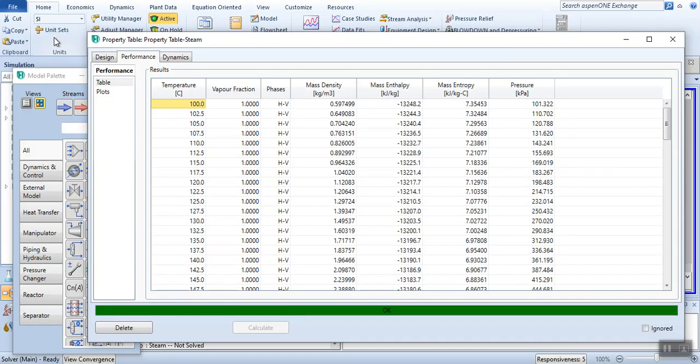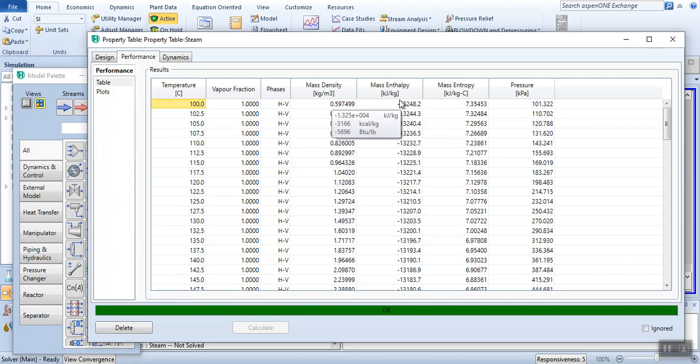Now, one last thing regarding this exercise: enthalpy is coming in negative. As you know, these values are calculated with respect to some reference state, and usually in Aspen HYSYS and even in Aspen Plus, when we get to Aspen Plus, these values are calculated with reference to some initial conditions, which are usually 25 degrees centigrade and 1.013 bar.